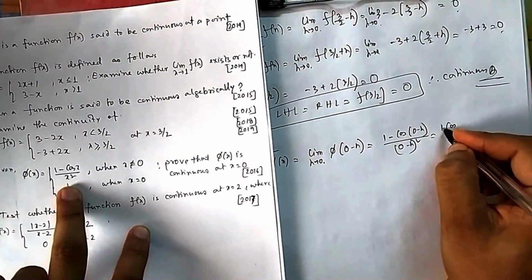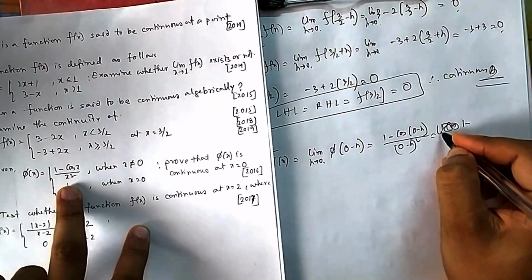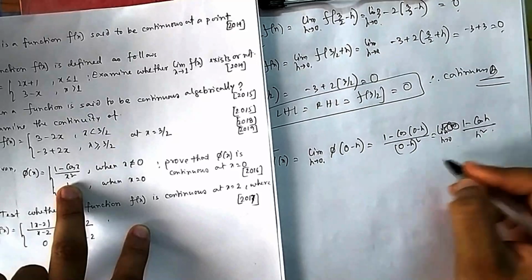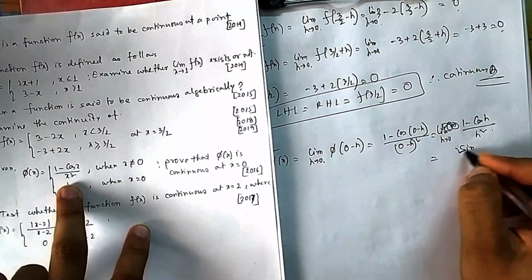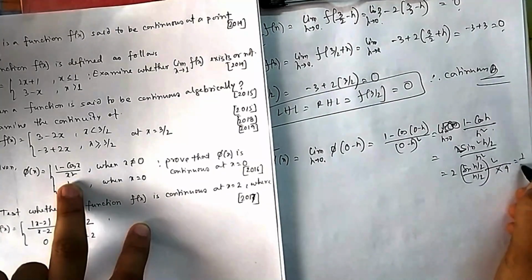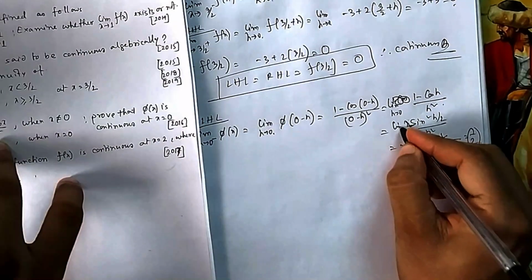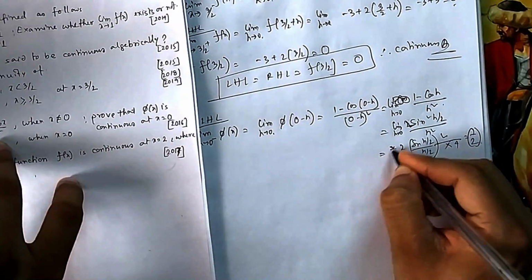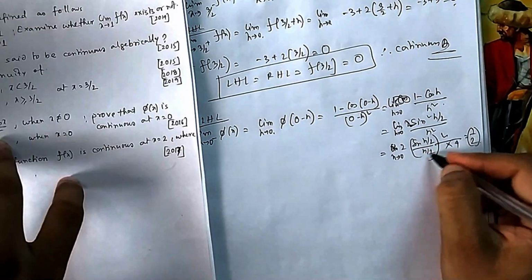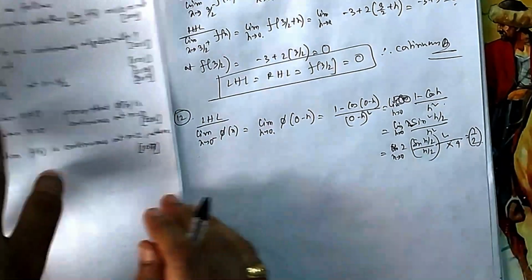So 1 minus cos, limit h tends to 0, cos minus theta is cos theta, and this is h square. 1 minus cos theta is 2 sin square theta by 2. You have given this 2 extra 4, that is half. So this answer is half. This is 1. There is always limit h tends to 0 until the last line, where I have used this formula, limit h tends to 0, this is 1, so it is 2 by 4, half.